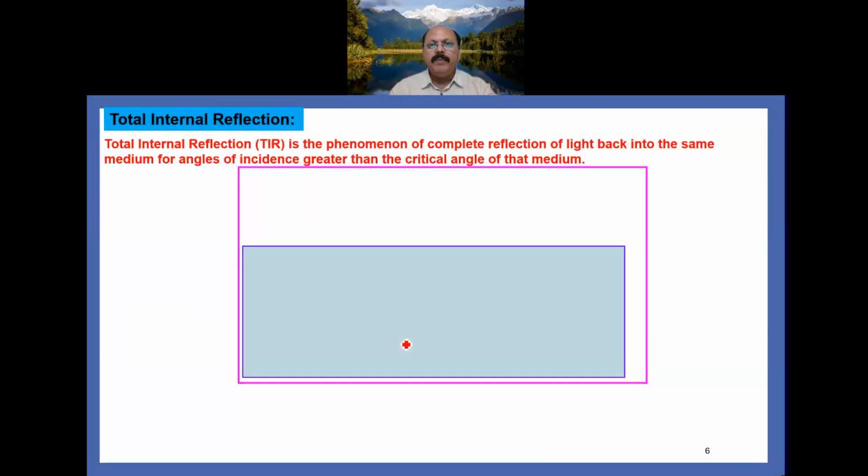So for that purpose, we take here two media, one is rarer, another one is denser. Here we are considering the rarer medium is air and the denser medium is glass. So their refractive indices are μA and μG. Now we place an object in the denser medium, then the ray of light which is incident on this interface which separates the two media